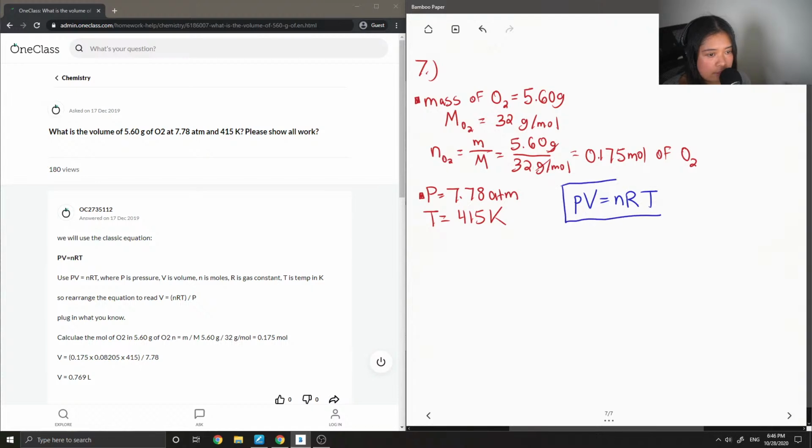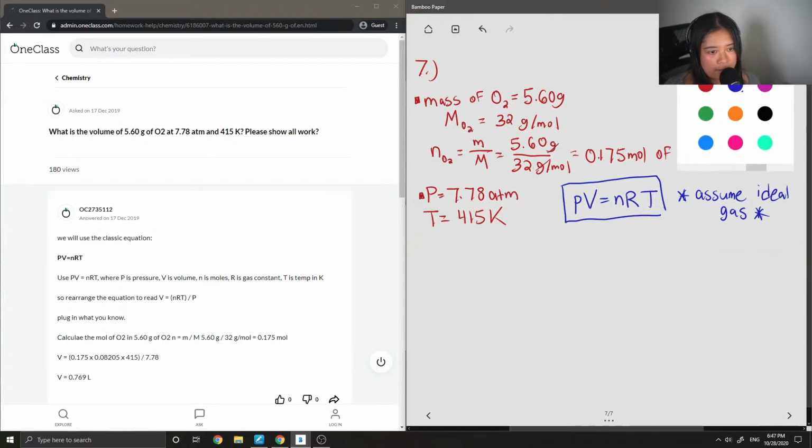So this is a very commonly used equation. It's for ideal gases. It doesn't say in the question, but we are going to assume that it is an ideal gas, and it's just like oxygen. So we are looking for volume, and we have pressure, temperature, and number of moles now, and for R, it is